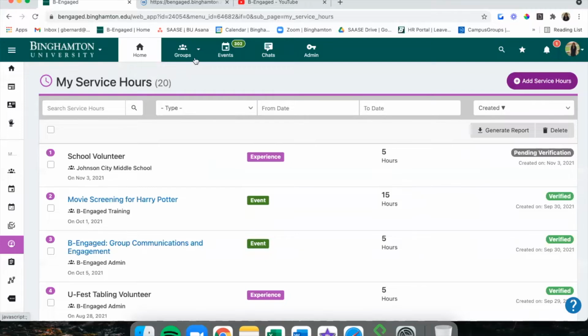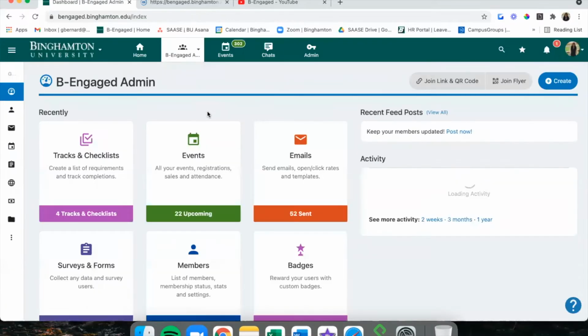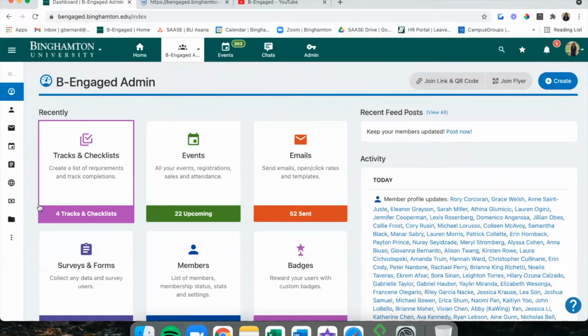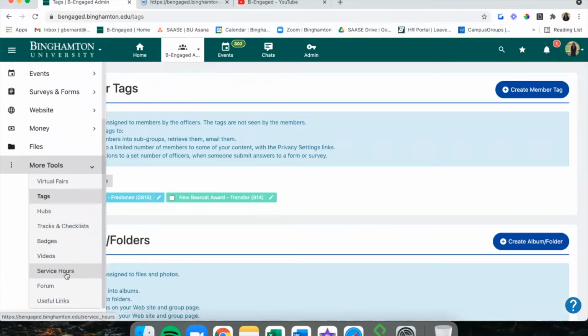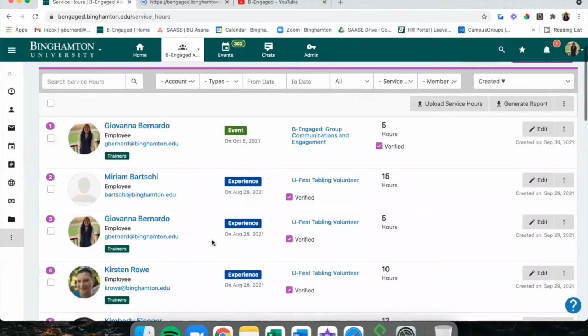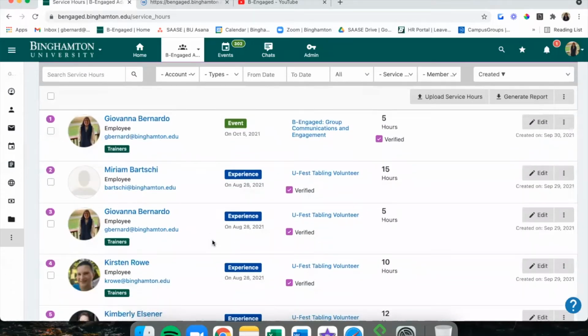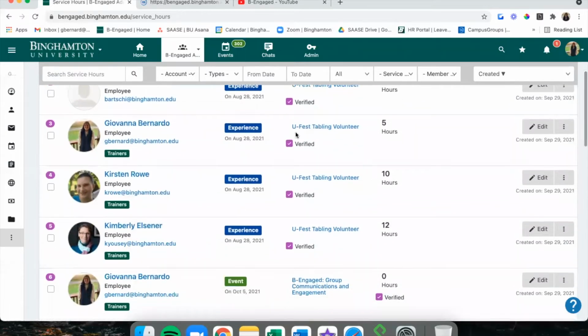If you're an officer of a group and you head to your group and head to More Tools on the left-hand menu and then click Service Hours, you'll be able to see any service hours your members have attributed to your group that you can verify or unverify.